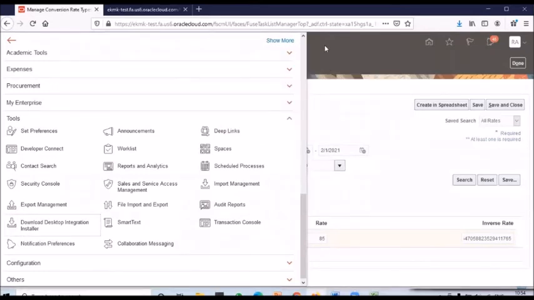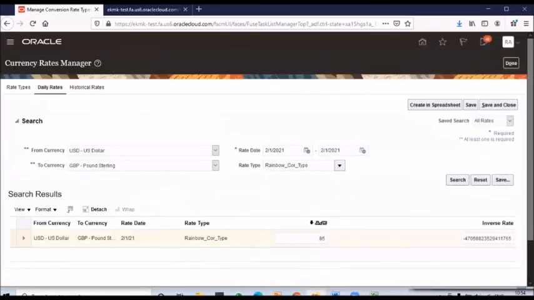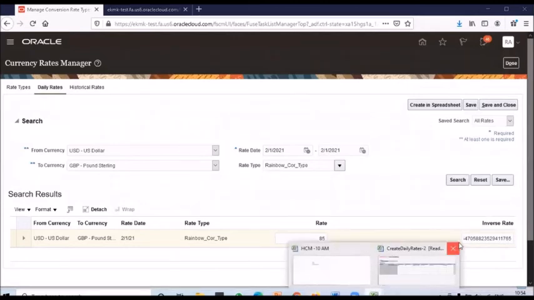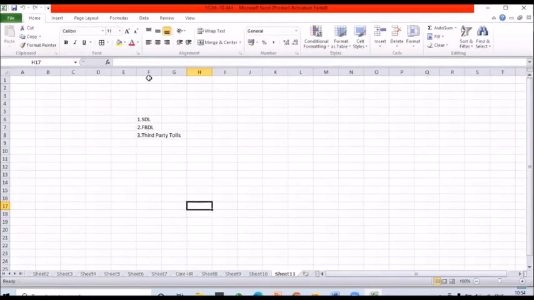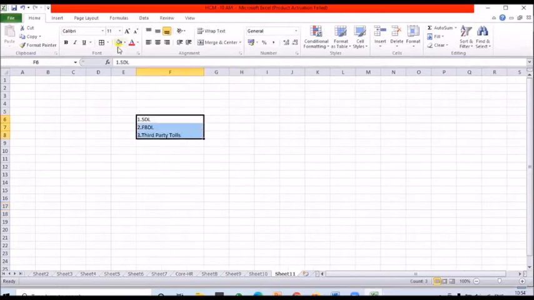Then let's move forward to the next thing. We understand how to do this activity through the SDL, spreadsheet data loader. In the same way, we'll see the second option, the FBDL template, file-based data loader. How can we load it through the FBDL process?